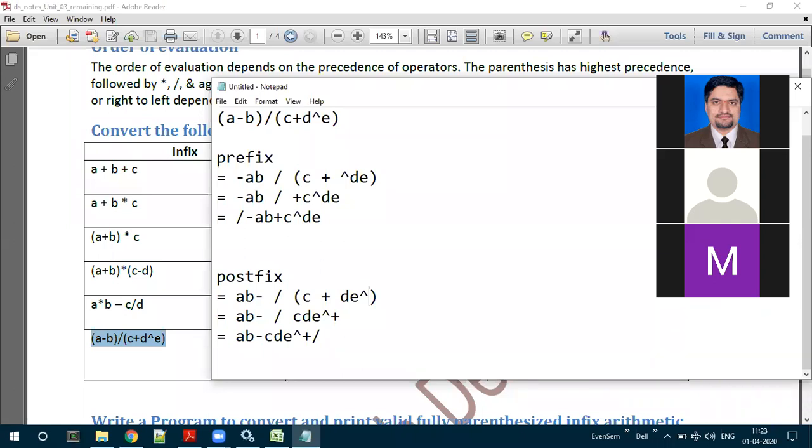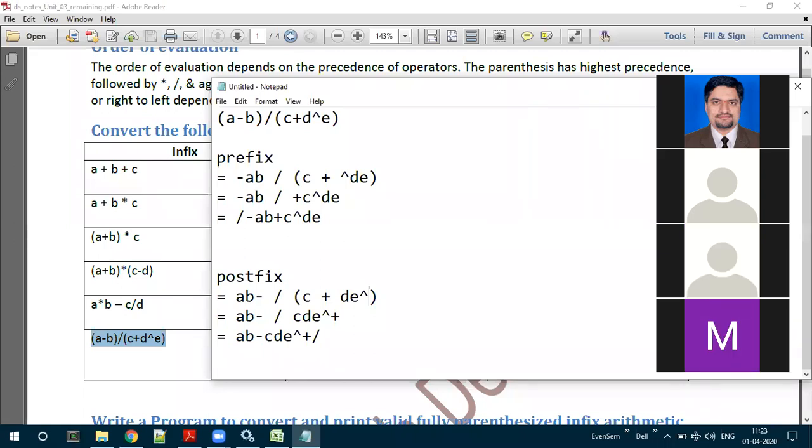Now, for the point of examination, definitely you are going to get either a 2 marks question, a 4 marks, 5 marks question, or sometimes even a 10 marks question for conversion of expressions from infix to prefix or postfix. If it is 2 marks, they are going to ask only one expression. If it is for 5 marks, they may give only one and ask you to convert into prefix and postfix both. Or suppose it is a 10 marks question, then they may give more.